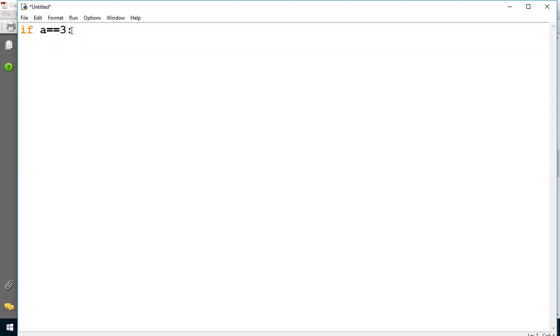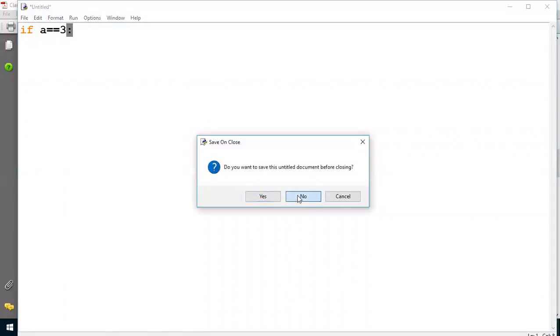Why? Because there is a colon sign. Colon sign means this is a block. जब ब्लॉक होगा तब स्पेस आएगा, और जब ब्लॉक नहीं होगा तो स्पेस नहीं आएगा.